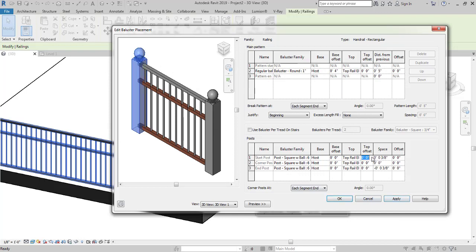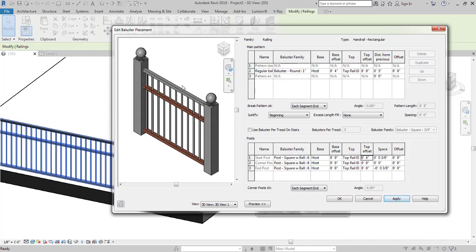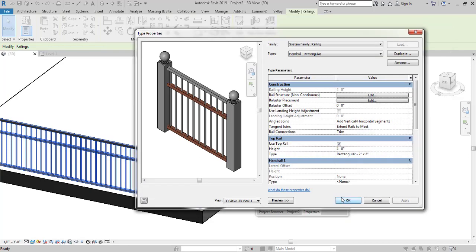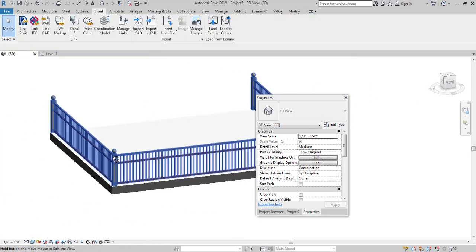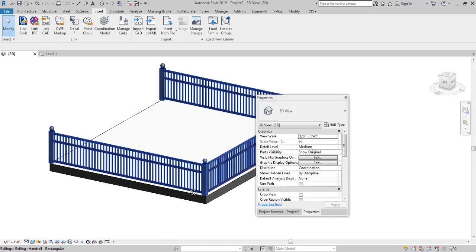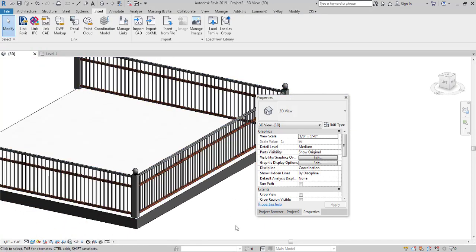Let's say if I want to change the top offset to 0 feet 4, and what do I get? Basically it just increases the height, that's it, nothing else. It just makes the baluster a bit taller. I just like to leave it at 0 feet for now. Okay, that's good, and you can even change the base, such as where you want the baluster to start from. I would just like to leave it at host. So click on OK, click on OK again, and let's see what we get. Not that bad. Turning out to be looking very good.